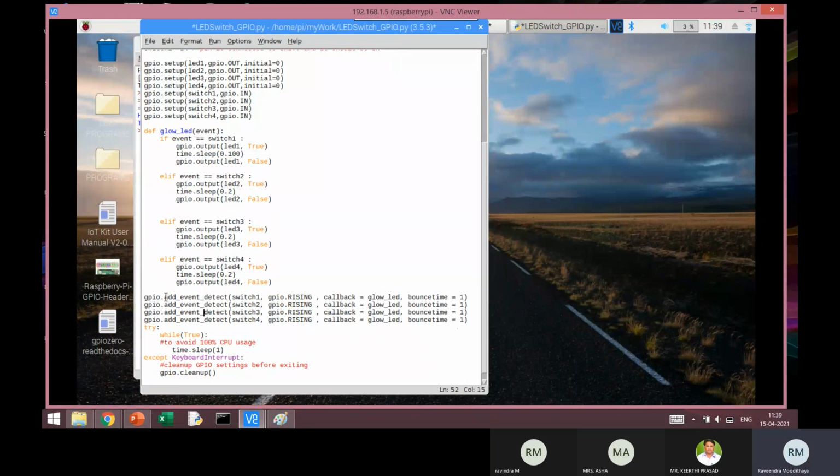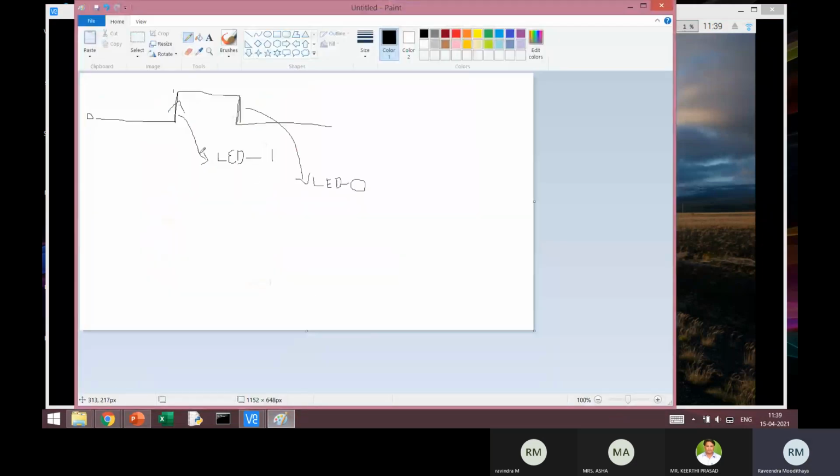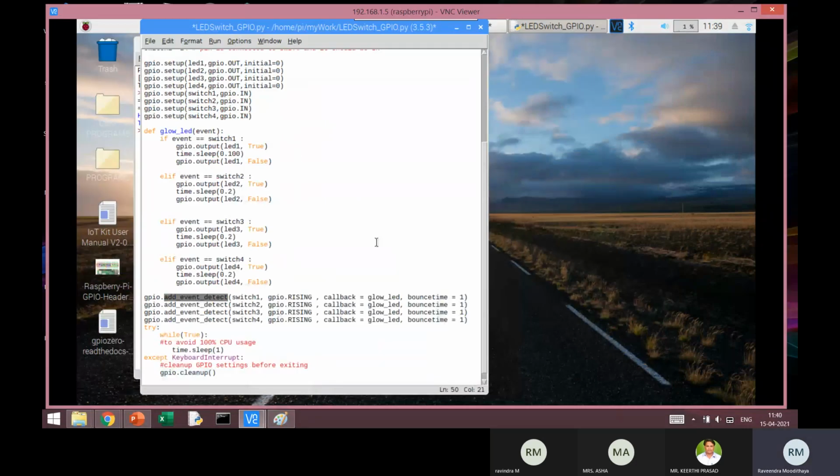So what this will do is it adds an event, and that event is to detect the rising edge. Incidentally, there is no separate code written to detect the falling edge. The same event will continuously poll until this fellow goes off. We'll see that in the code.